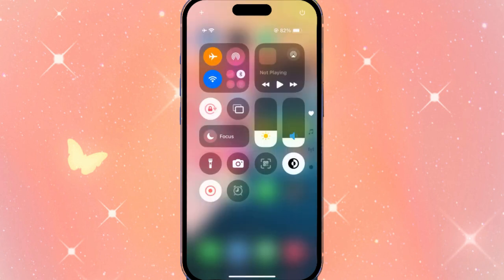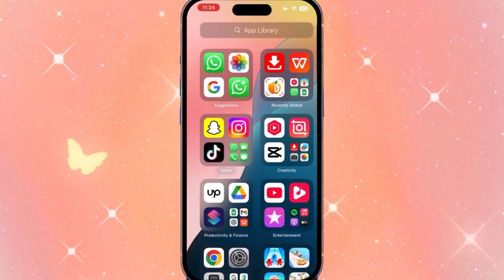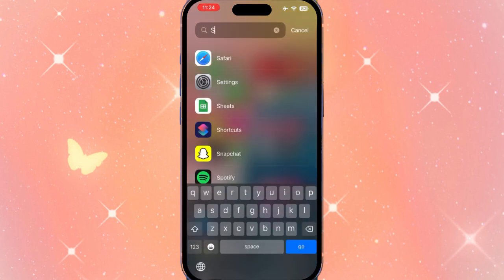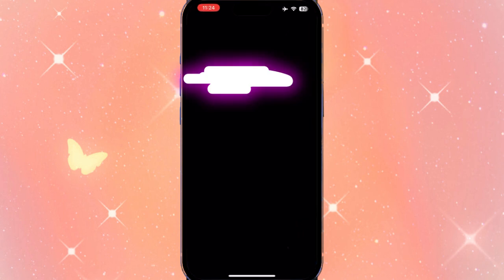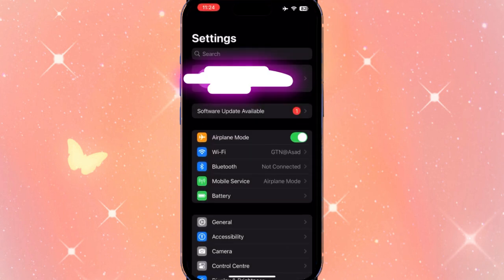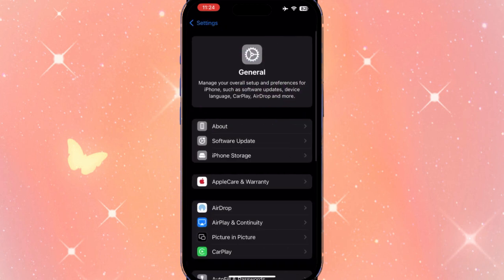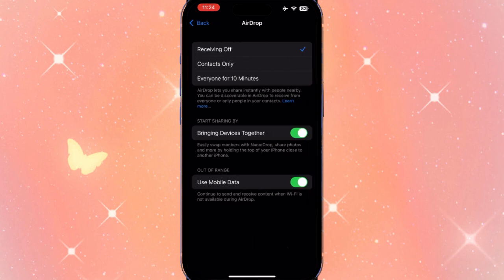So here you can see on the top bar, you scroll down and here you can see the option of AirDrop. From here I'm not using it, let's go to the settings. From settings, here you can see there's an option of journal. You have to go on journal. Under the accessibility you can see journal, you have to go on that. Now you can see there's an option of AirDrop. You have to press on that. After pressing on AirDrop, your device is ready to receive any data, any information, or send any data, any information